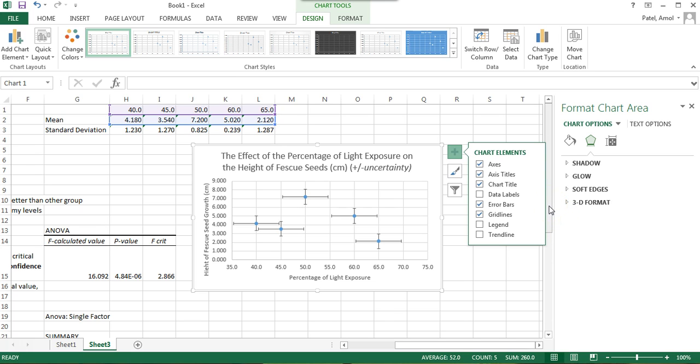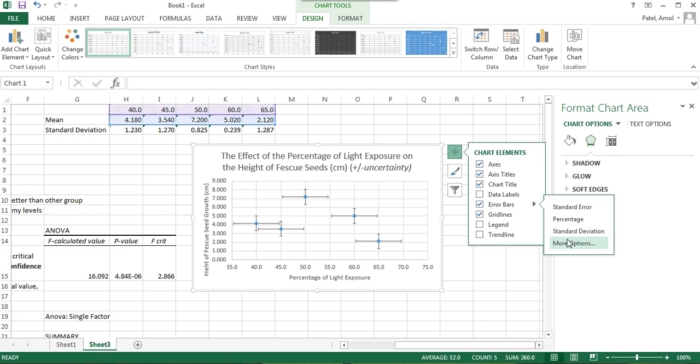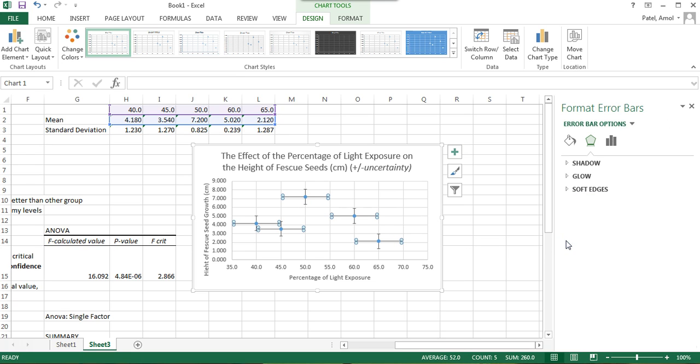Excel just thinks that's what I want. So if I go back to error bars and click on the right arrow, I want to click on more options. Even though it says standard deviation here, it really doesn't help me in what I want to do. It's picking one standard deviation value and applies it to all data points. But we know from our data analysis that not each level has the same standard deviation value. So I click on more options,